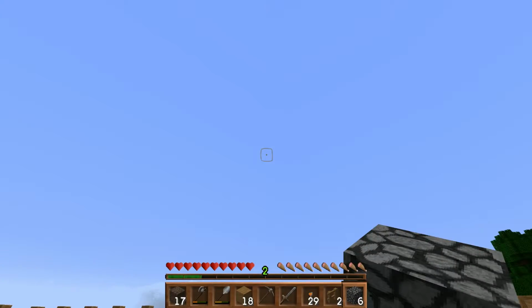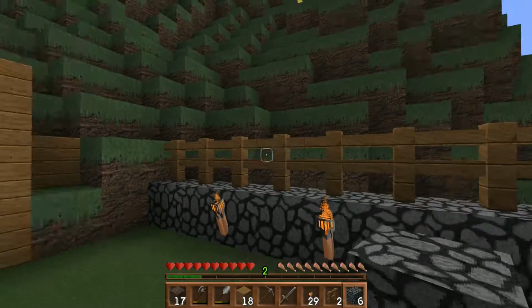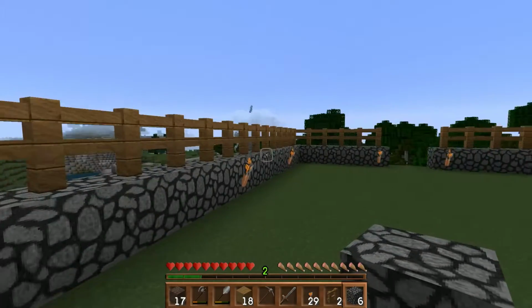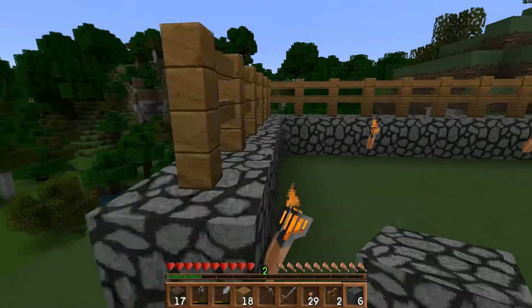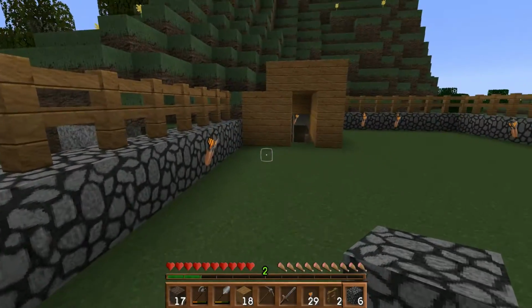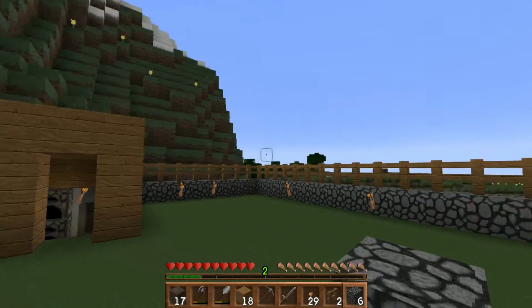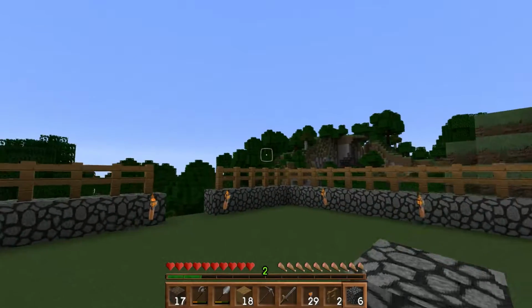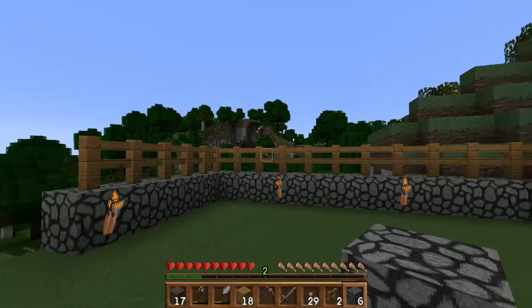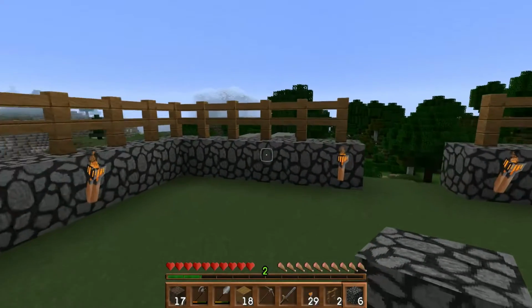So, what are we going to be doing today? Well, we're building this perimeter fence around our base here, our temporary base, and it's made out of cobblestone. Obviously, we're not going to have it out of cobblestone forever. I don't actually intend on using this place for too long, just as a temporary base to get ourselves established here